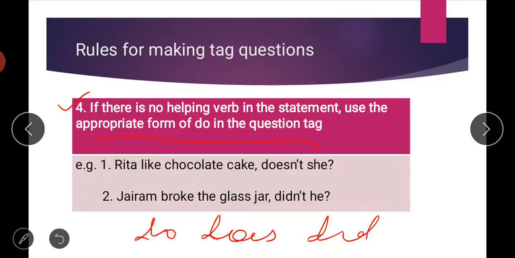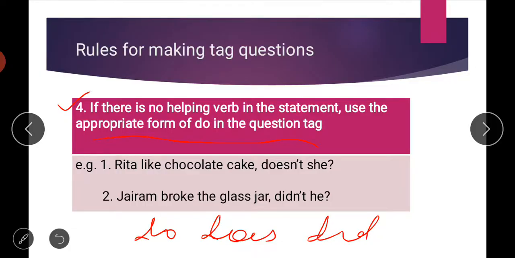If it is in present, you can use two words, do and does. And if in that statement we are talking about past, then you can use the word did. And where we have to use do and where we have to use does, we have discussed a lot of times in many of your chapters, that does goes with a singular subject and do with plural subjects.